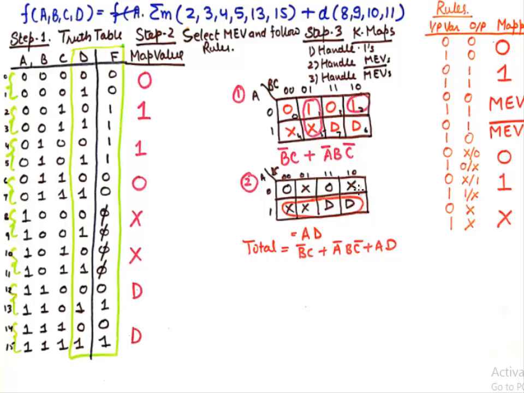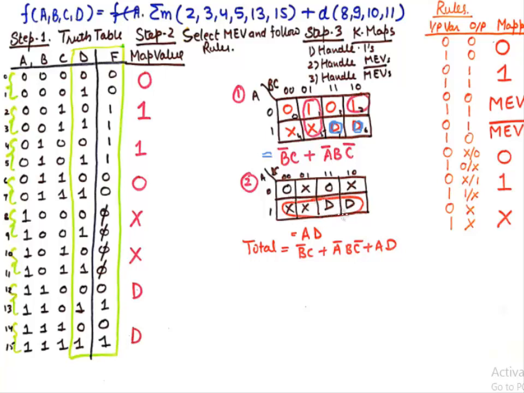So let's see what we have. And in order to handle D's, we'll make ones as do not cares. So by making these as zeros, what we are left with is we can pair one with this do not care, and this one is left all alone, and we get these two terms, B bar C plus A bar B C bar. When we wish to handle the MEV, which is D in our case, we'll change ones to do not cares,